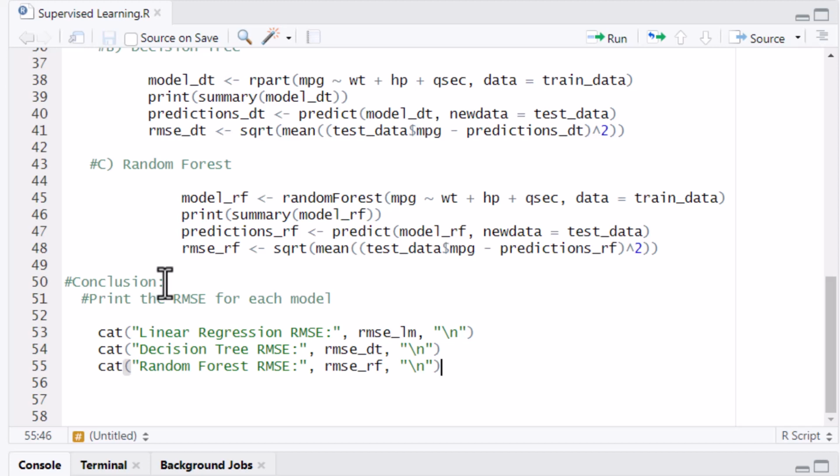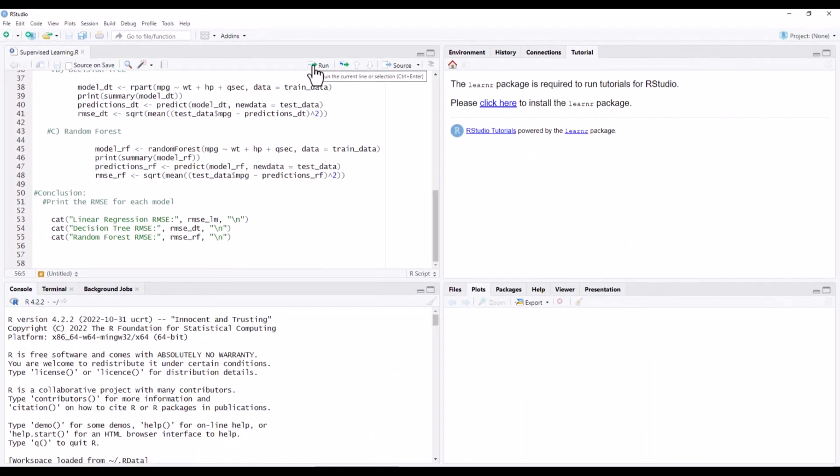In general, it is recommended to try out a few different algorithms and see which one works best for a specific model. All right, let's run this program,